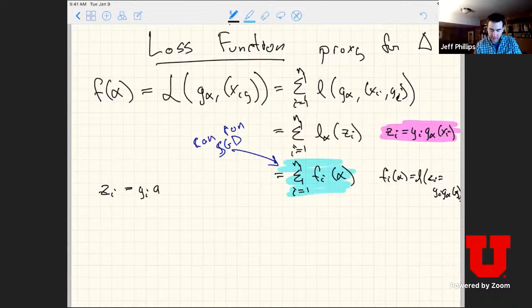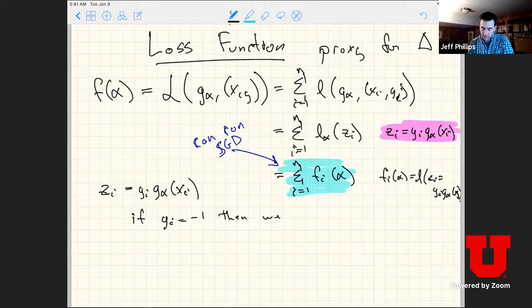zi = yi g of alpha xi. Let's think about what's going on here. This will allow us to really simplify what we're looking at. And this allows us to treat the two cases of yi being positive or yi being negative in a similar way, right? So if yi equals -1, right, then